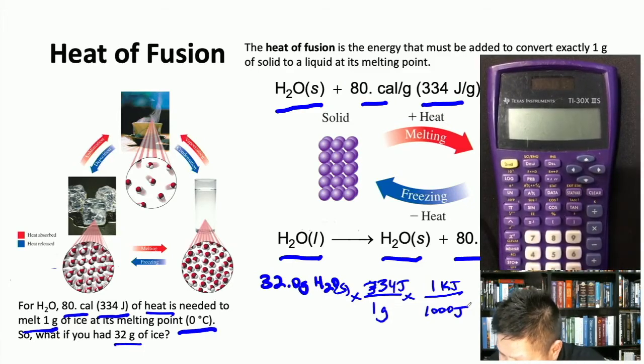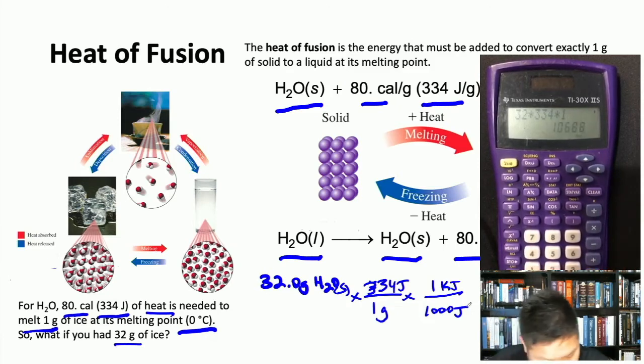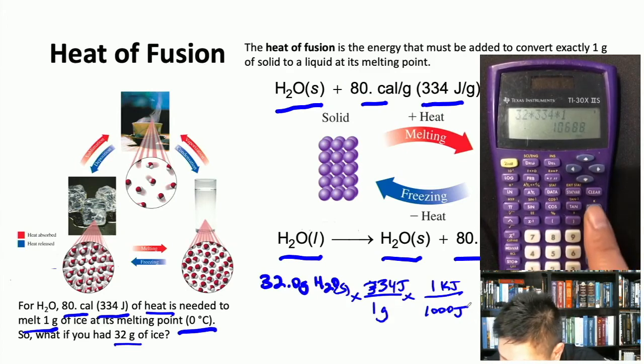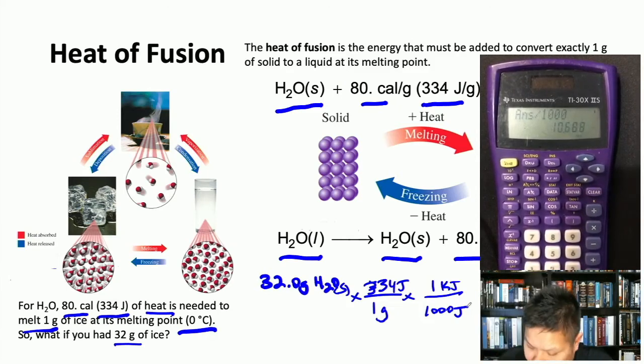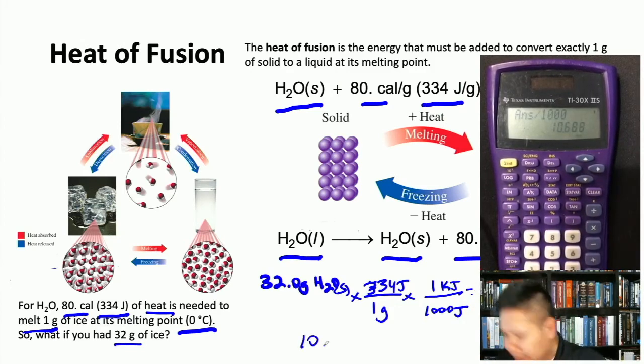And I'll start out by clearing our last calculation. And we have 32 times 334 times 1, right? I could have put parentheses there, but I'll just go ahead and hit enter, and then we'll divide that number by 1,000. And that gives us 10.688,